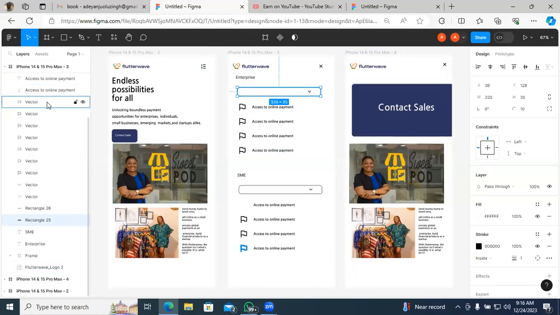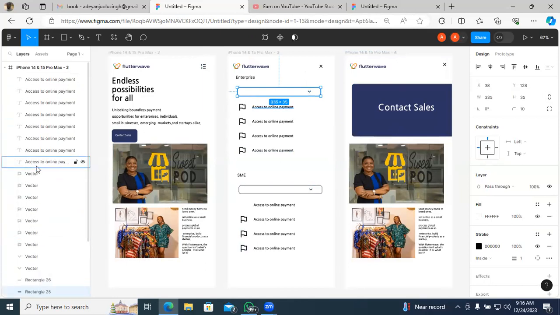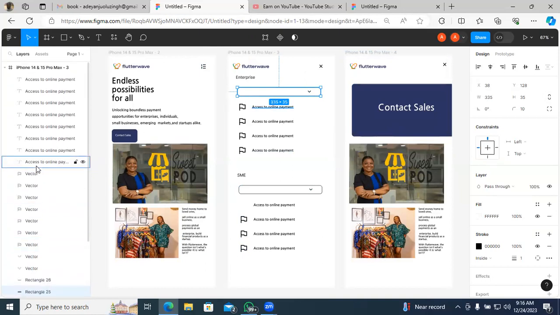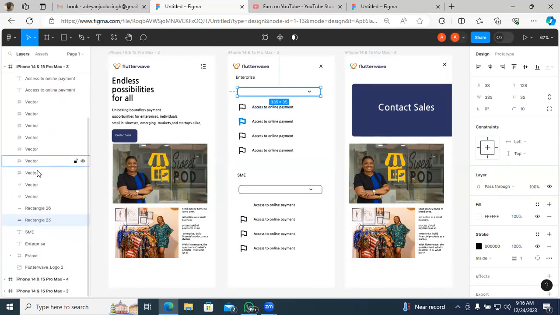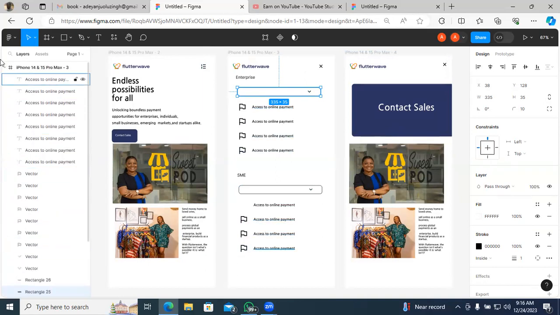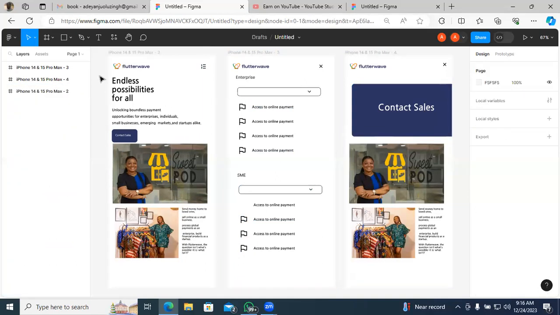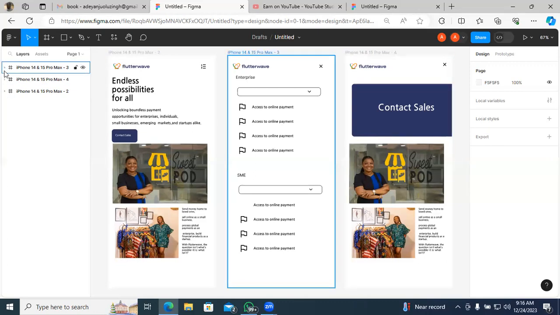Do you understand? This on your left, that side you are right now. The way it's arranged, ours is normally the same as the way we've been designing it. It's not like this. Why? When you start designing, you get a MacBook frame, then you start putting everything inside. If you open another one, it comes again as MacBook. That's how ours is outlined on the left. See, MacBook 4 and 15 Pro Max.